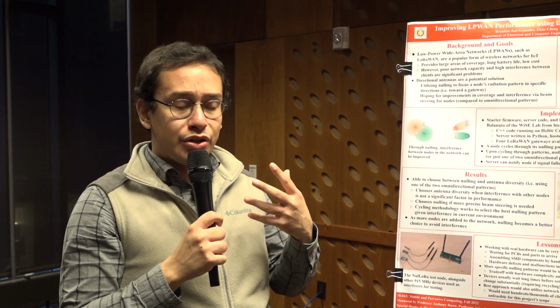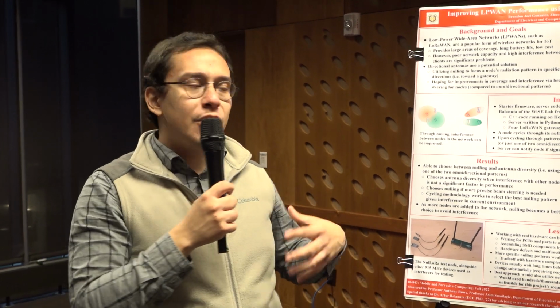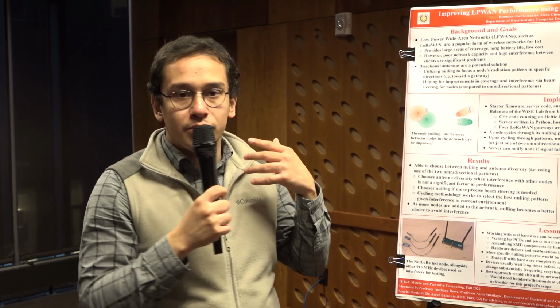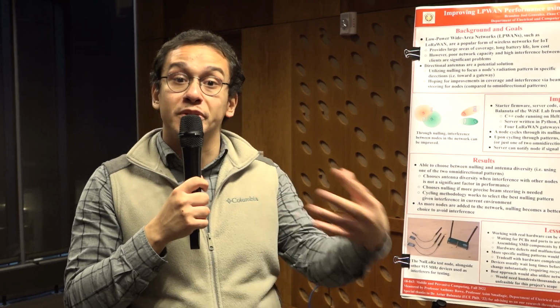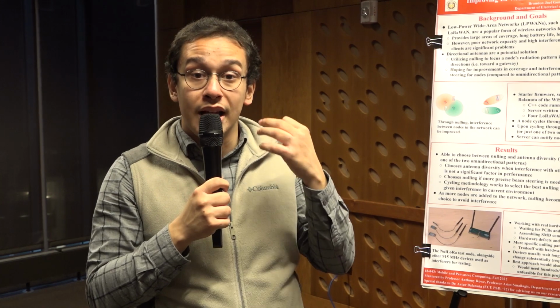It provides a very strong advantage in terms of power consumption. They're designed to operate for years on end, and it also covers a wide area. But there are some issues with LPWANs when it comes to network capacity and interference between nodes, and so what this project tries to do is leverage directional antennas to essentially reduce the interference between nodes in